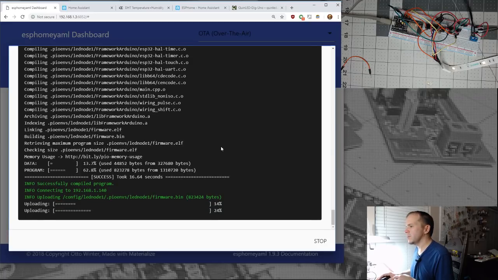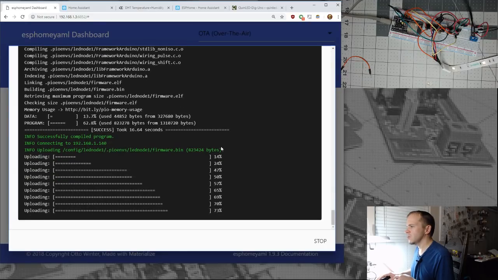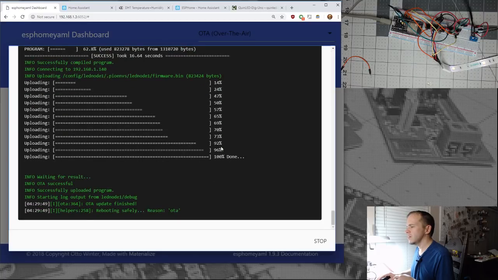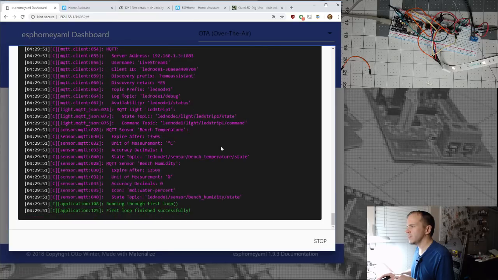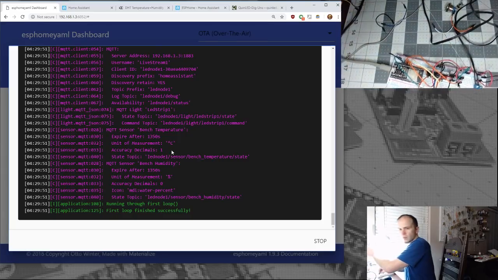Let that compile. I'm going to let this compile and flash before I start sticking my grubby fingers all over it. It might short something out and mess it up during a flash, and it should flip out on the sensor. Yep. Accuracy decimals. Yep. Okay. So, oh, bumping the camera here.